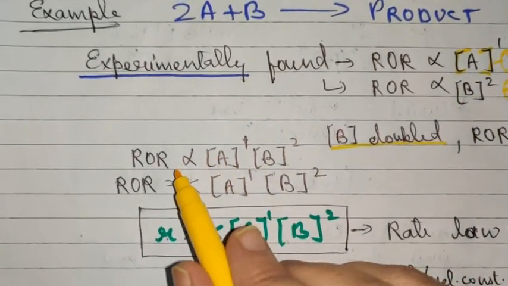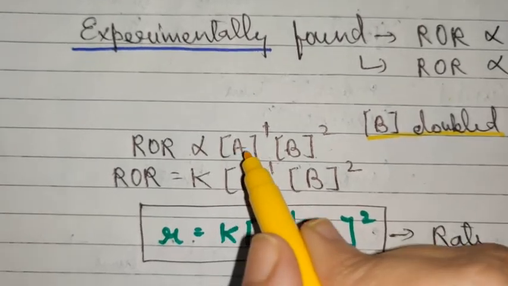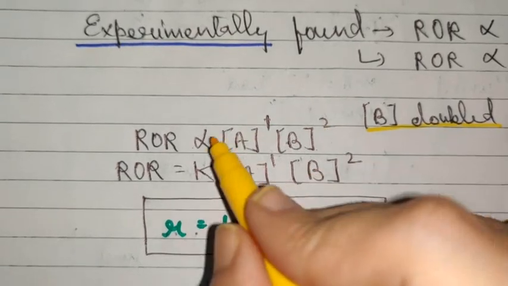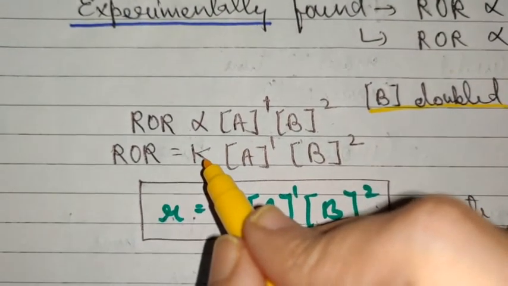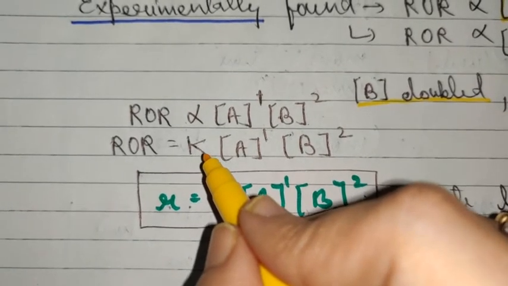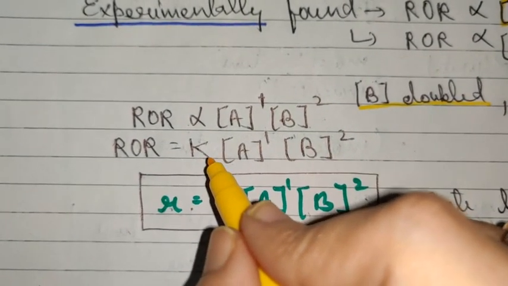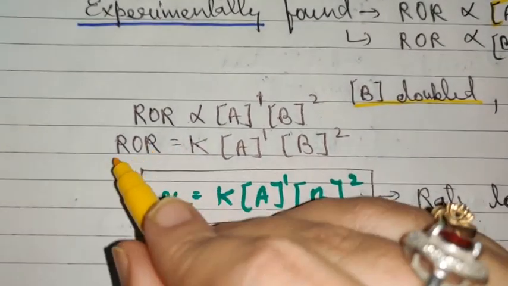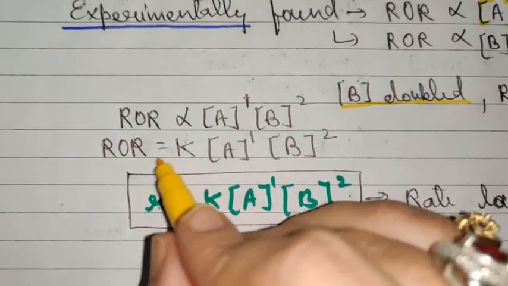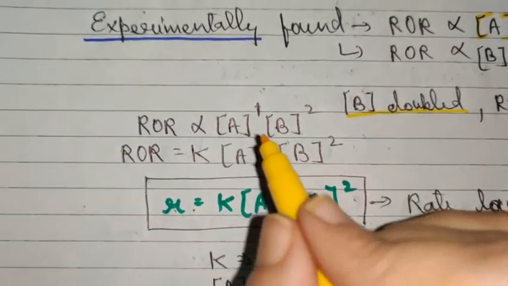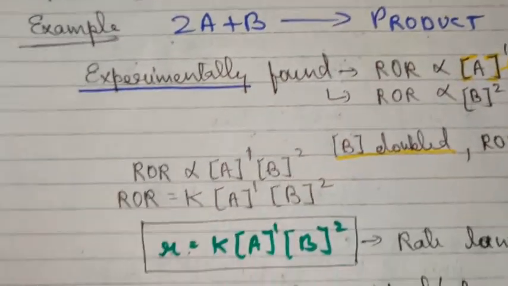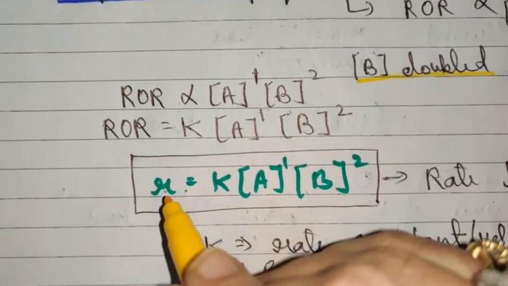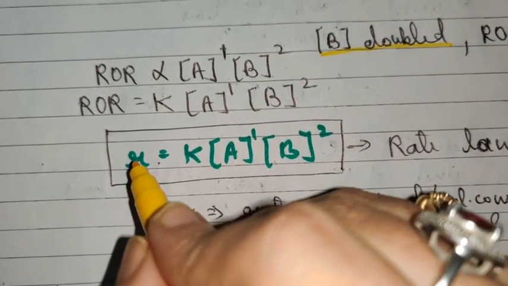You will obtain this equation where the rate of reaction is directly proportional to the concentration of A raised to the power 1 and B raised to the power 2. Now to remove this proportionality sign, I'll be using a constant here which is known to you. It is known as the reaction constant. So I have replaced the proportionality sign using this constant. Now the rate of the reaction can be expressed in this way for the reaction mentioned above. And this expression, rate of reaction, will be represented by small r.